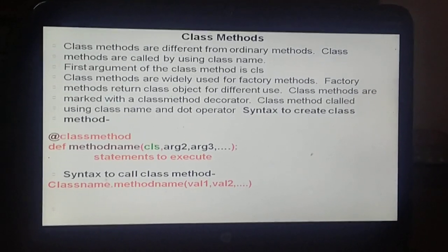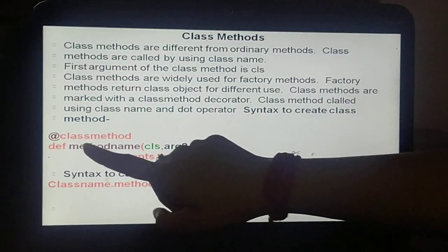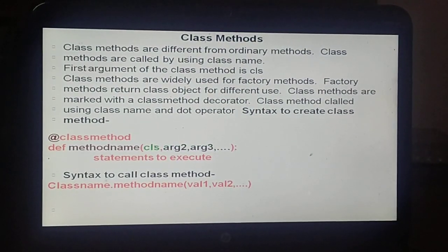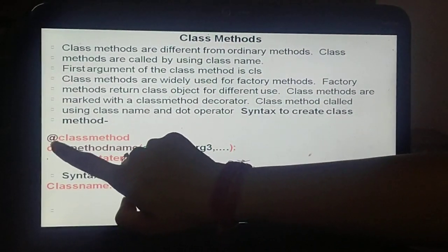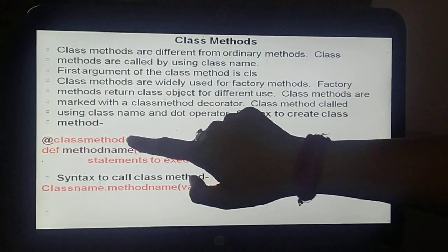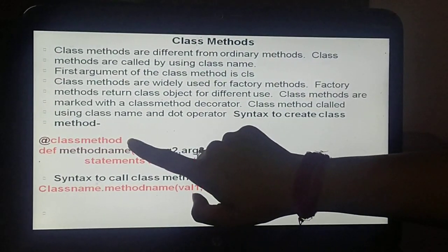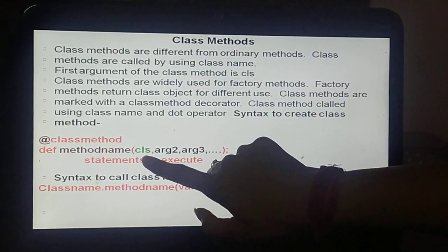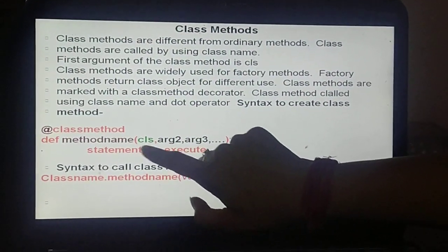This is the basic syntax to create a class method. Whenever you want to create a class method, you have to write @classmethod. Whatever method you write below this decorator by default becomes the class method.